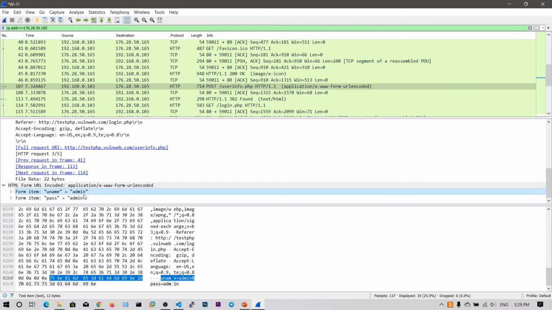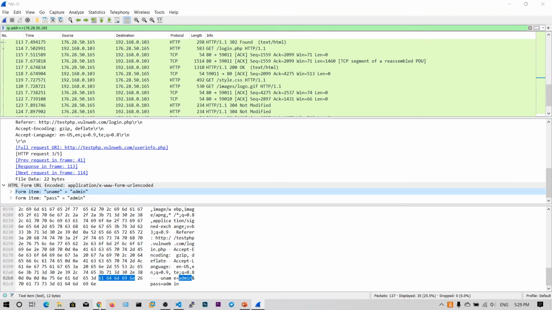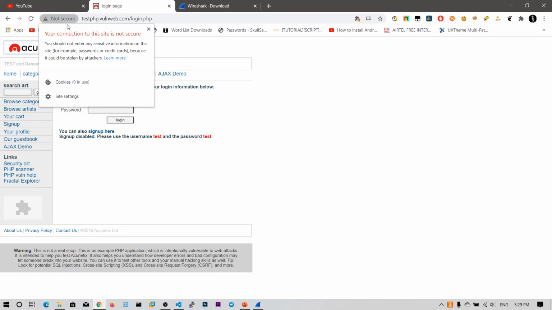So that is one very big disadvantage of HTTP. That's why I wanted to show you that the HTTP protocol sends data in plain text format. As you can see, my browser is already telling me it's not secure. Why is it not secure? You should not enter any sensitive information on this site because it can be stolen by attackers.